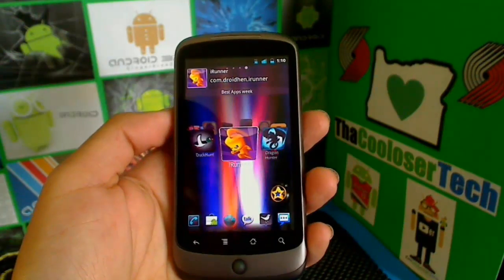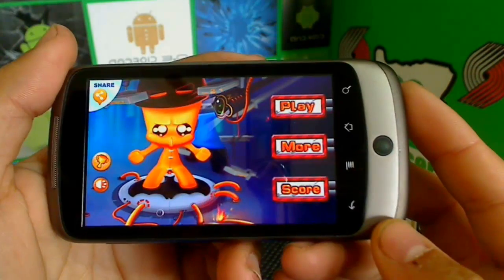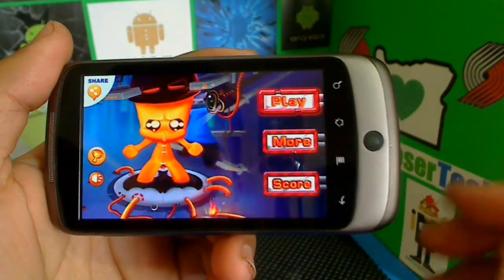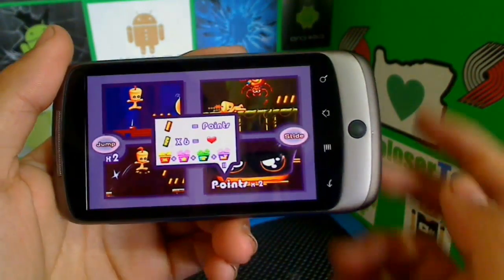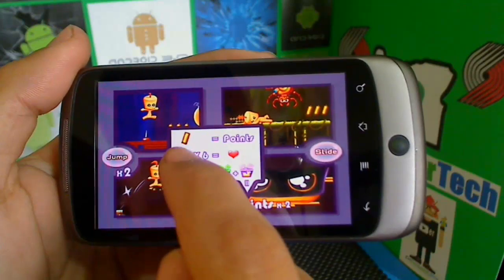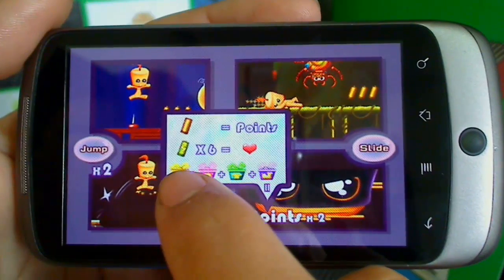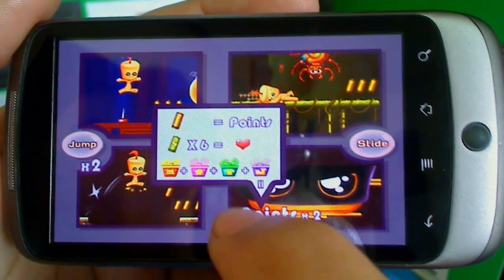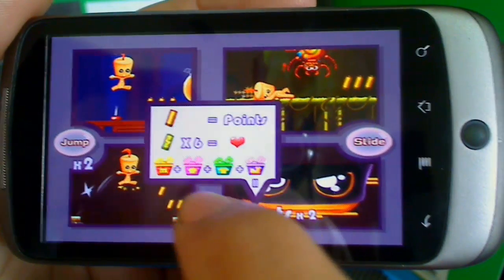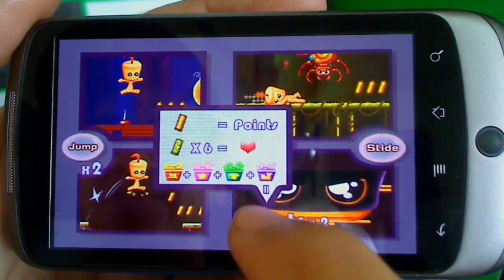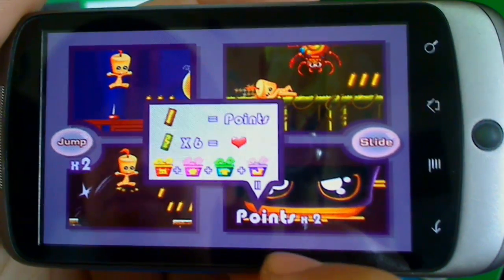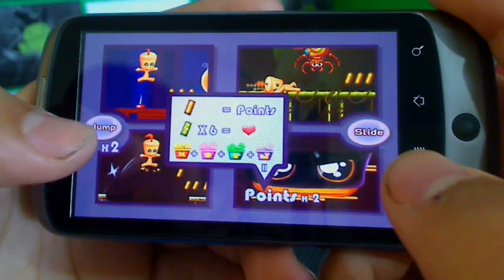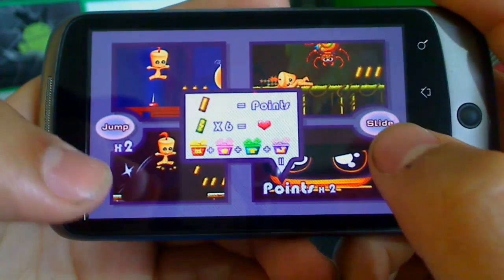And now we have iRunner, another runner game. I like running into these new types of runner games here. And let's just get to it right here. So let's just do training mode just to show you guys. It says right here, those are the points. If you run into 3 of these greens, you get a heart, which means health. You get a life in case you die and get hit by something. Combining all those together, you get extra points, and you get some power-ups as well. And then you've got your jump left and you slide right,